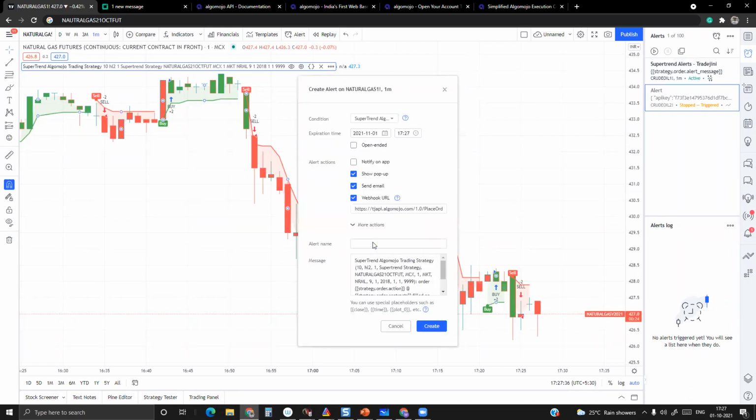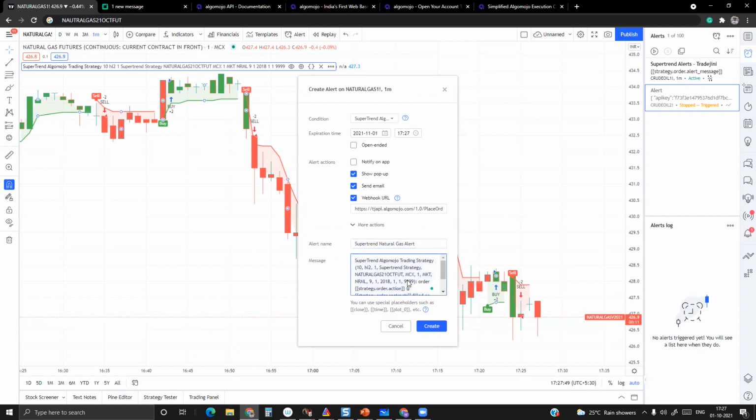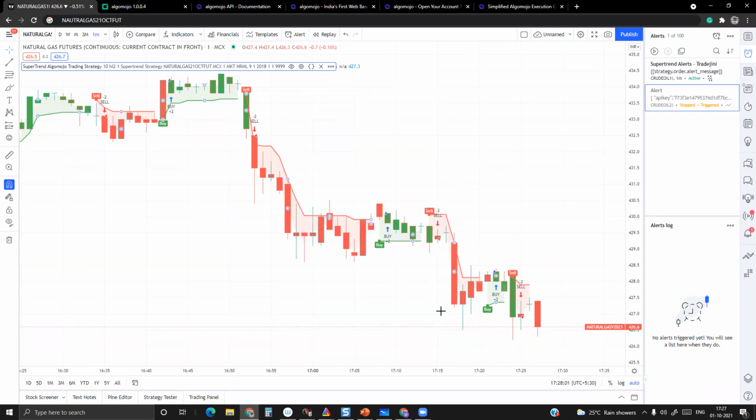I'll say Supertrend natural gas alert. Okay. Then here, as usual, it is strategy dot order dot alert underscore message and then double quotation. Created. So now two alerts are running over here simultaneously.